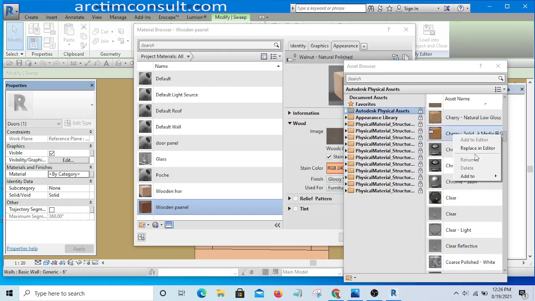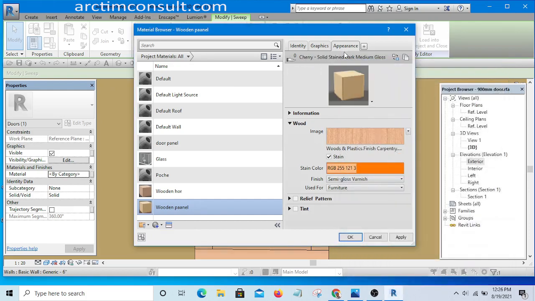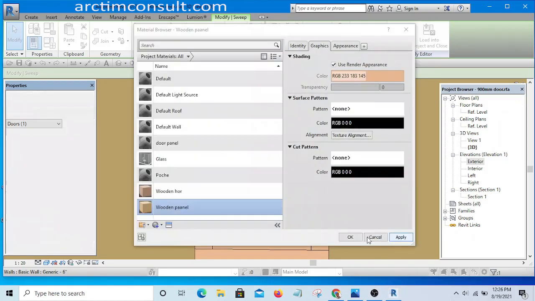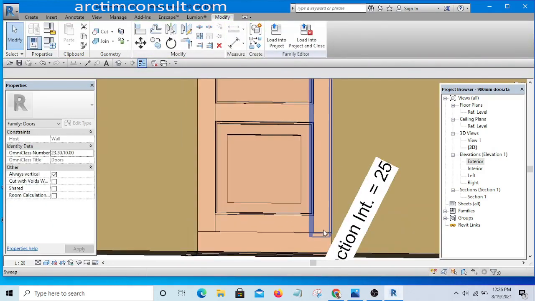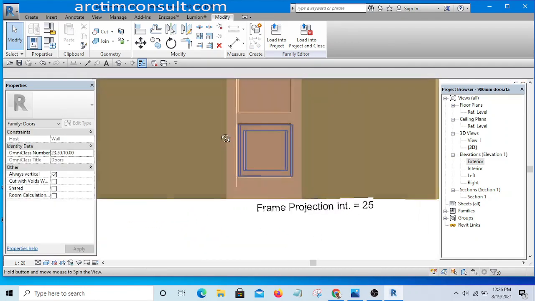Okay, I can use this, replace in editor. Then the appearance should use render appearance and apply. Okay, so then I need to